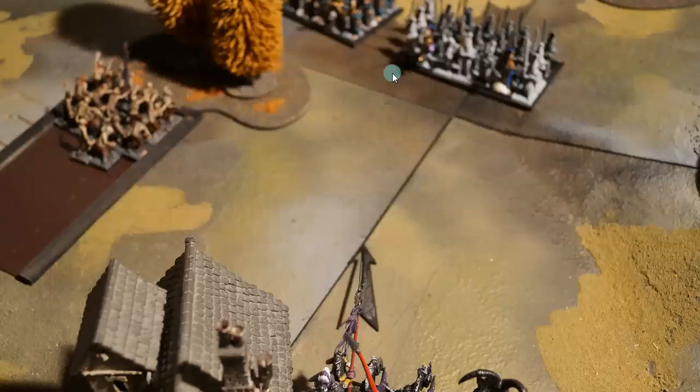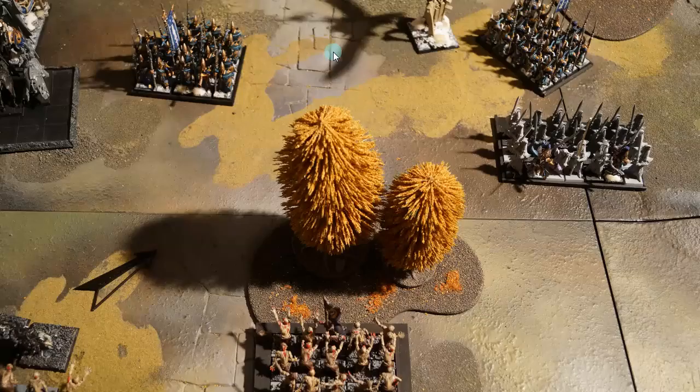So Vampires turn 3, here we go. The remaining knights, the Vampire Knights, they charge this block of Sea Guard up here, and he elects to hold. He may have even stand and shot, but didn't cause any wounds. I can't quite remember that. These bats over here were on the flank. They declare a charge. He flees,